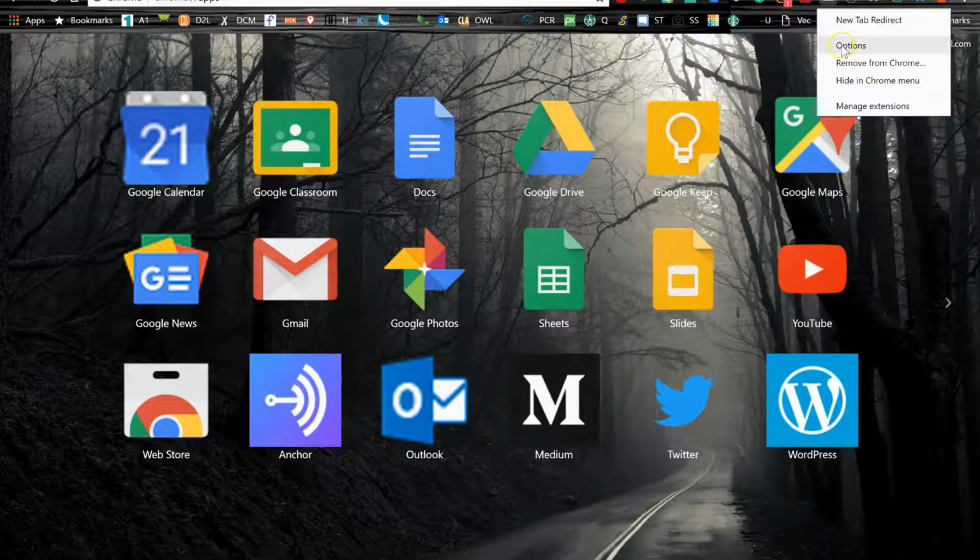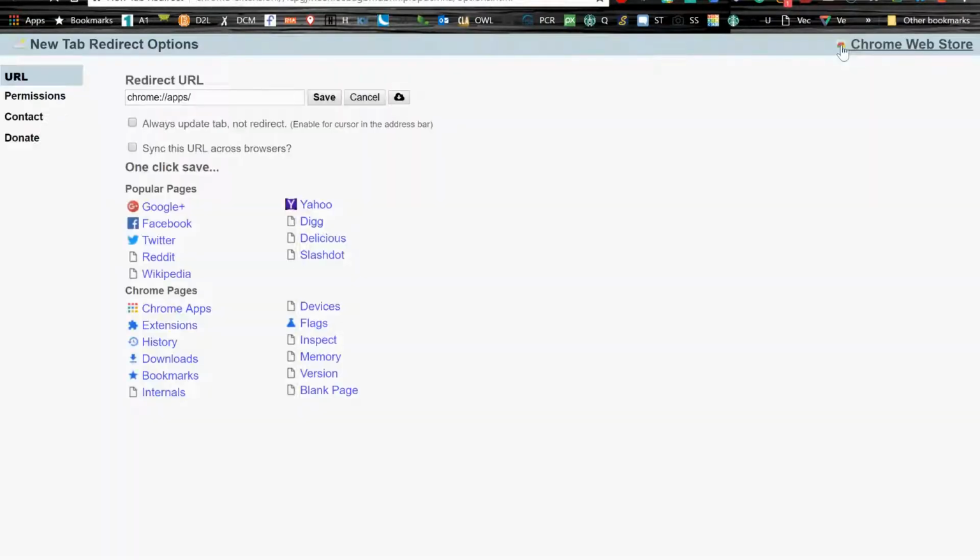Now, check this out. I can go to options, and so the normal new tab in Google is kind of boring. It gives you the search bar, and I think it shows you the last 6 sites that you visited or something like that. So with this extension, New Tab Redirect, you can actually choose where you want the new tab to go. And so this is what I've chosen: Chrome : and these forward slashes and the word apps